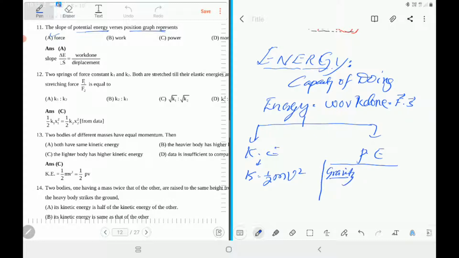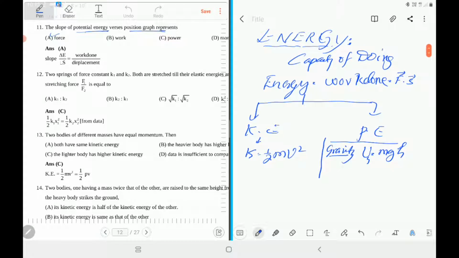For gravity, you wrote potential energy U, say UG for gravitational, mgh, when you are very close to the surface of the earth. Otherwise, gravitational potential energy you wrote as minus G M m divided by R e, where M e is the mass of the earth, m is the mass of the body, and R e is the radius when you are on the surface of the earth. Gravitational potential energy we will use in the next chapter, gravitation. Now let's not bother about this.